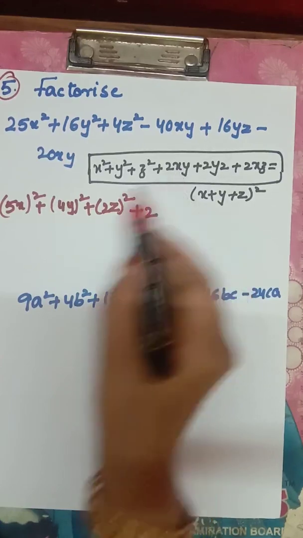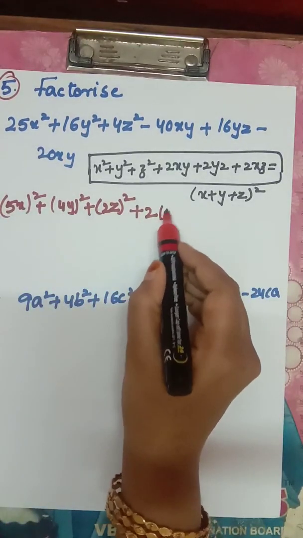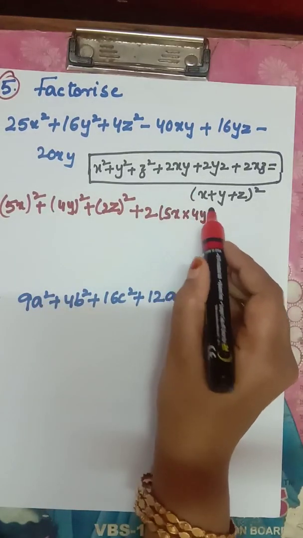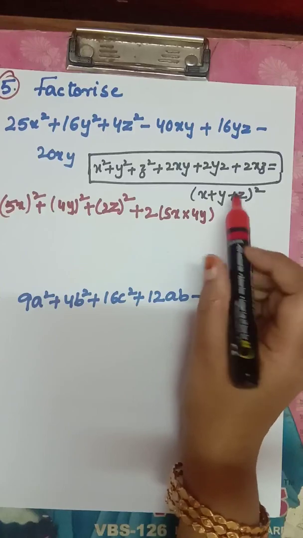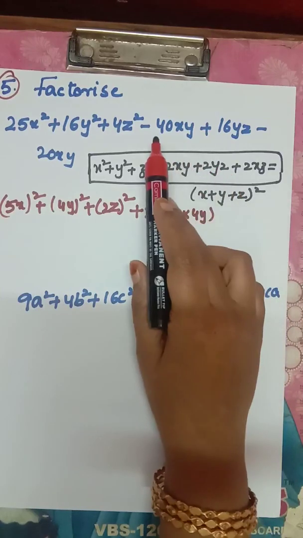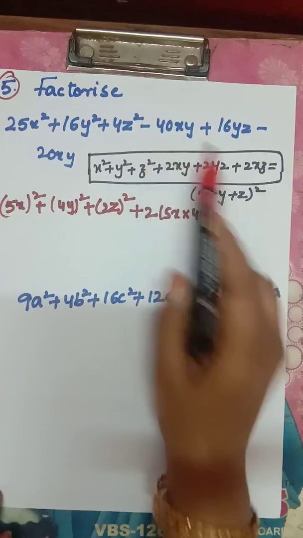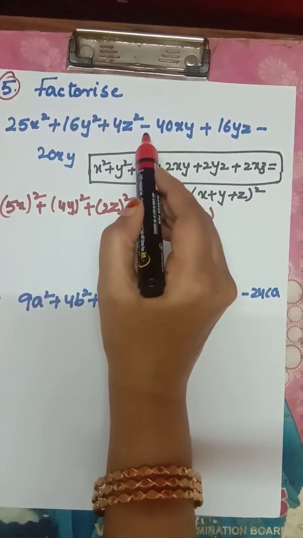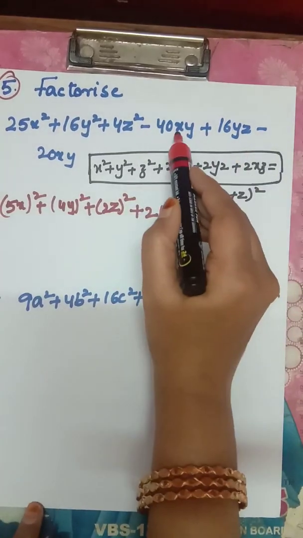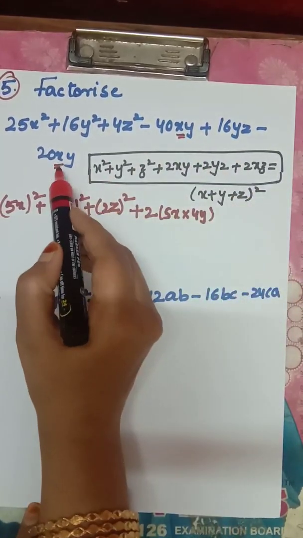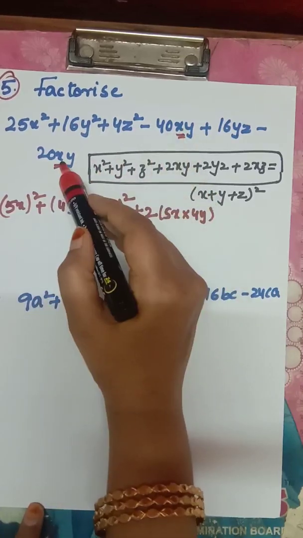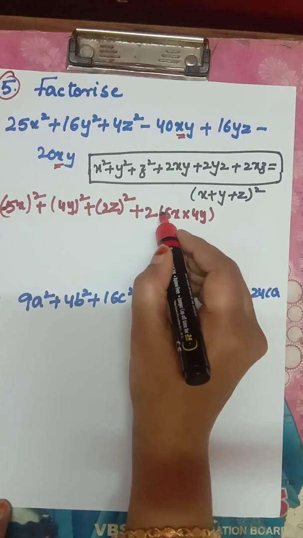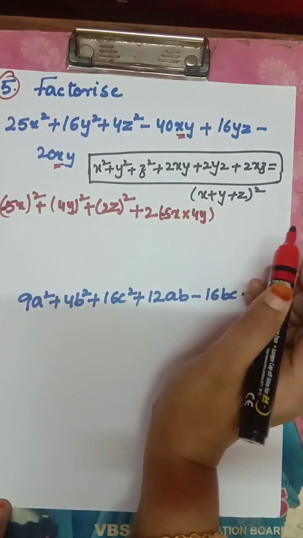X square plus y square plus z square plus 2. In the place of x I can put it 5x. In the place of y I can put it 4y. Is it clear? And one more thing here, minus is there. That means, what do you notice? The minus is for the first term and the last term. That is, wherever there is x, minus is coming. So this becomes minus 5. This will be what? Minus 5. Is it clear? Minus, it is visible here.